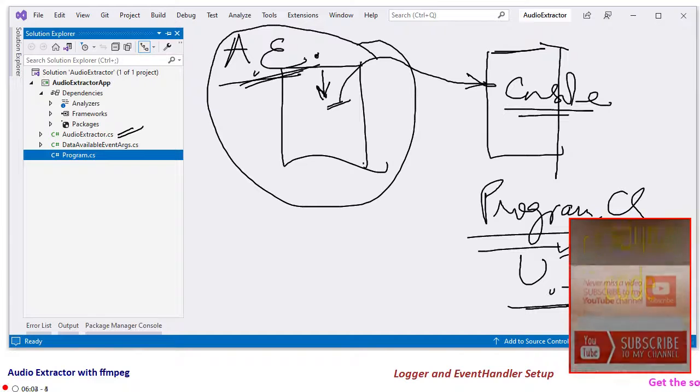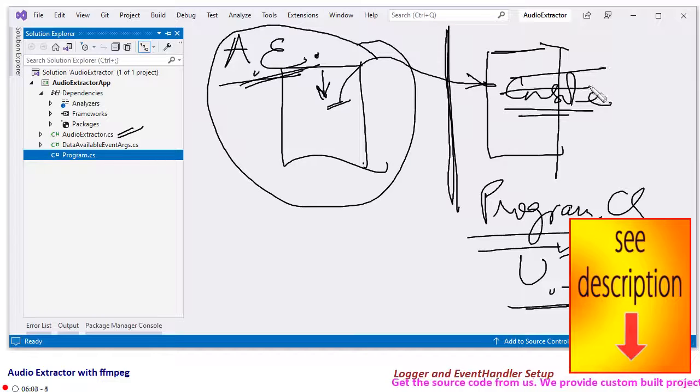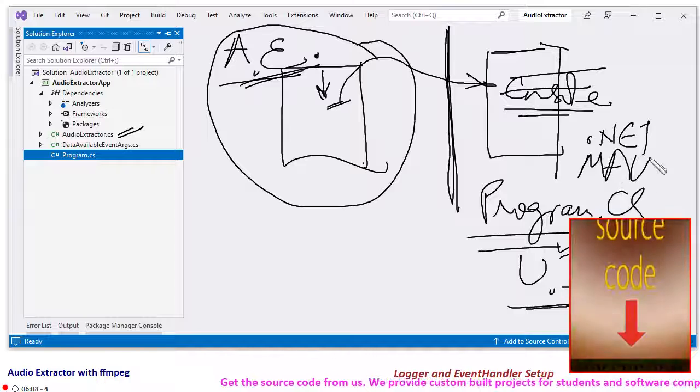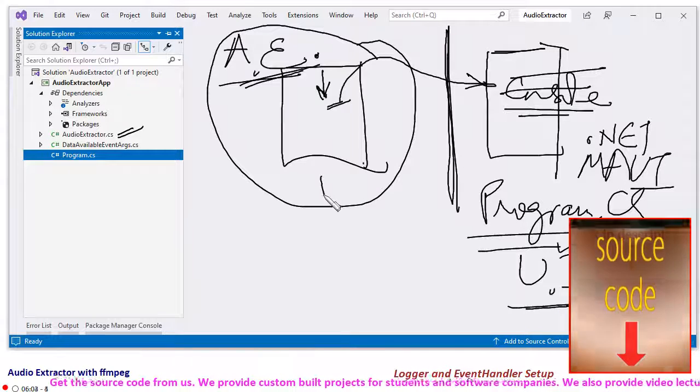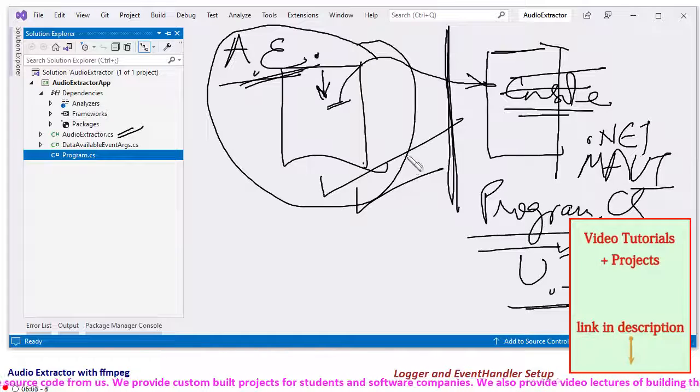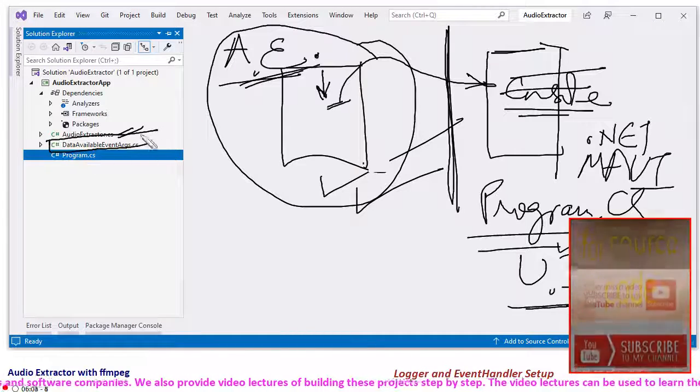This is a recommended architecture where, let us say tomorrow we decide to replace this side with our .NET MAUI project or maybe WPF or whatever, then this class will require minimal changes. It can be copied and pasted there. So now it must be easier for you to understand that we are going to add this first data available